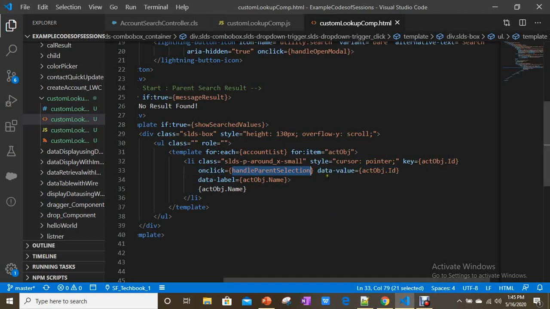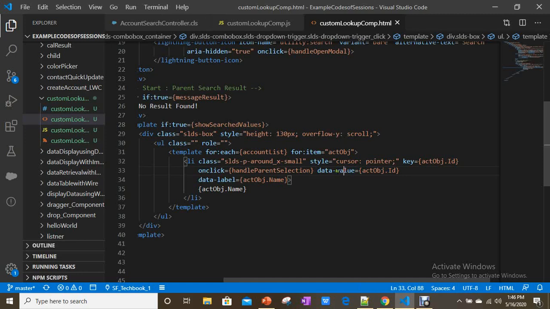Okay, here what we are assigning is data items. Whenever you want to assign data to your HTML element, you just need to use data hyphen, then your user defined variable name. You can use any name here.